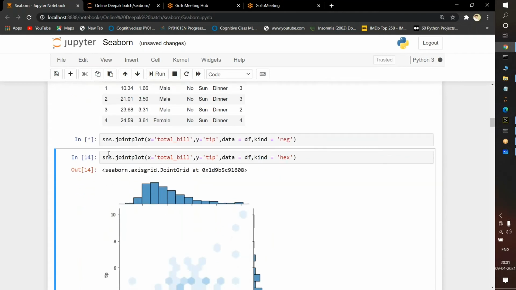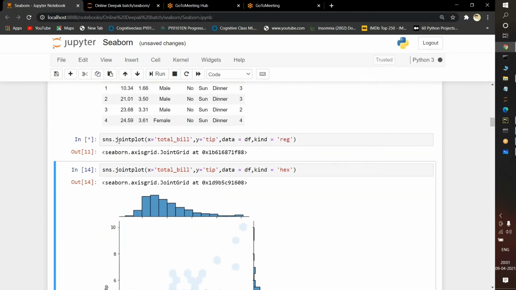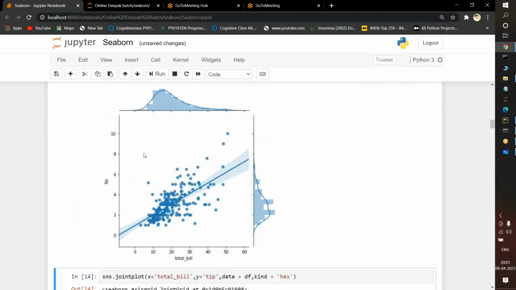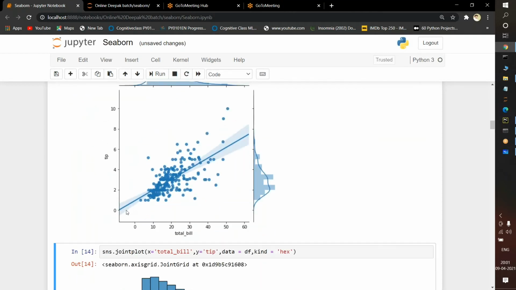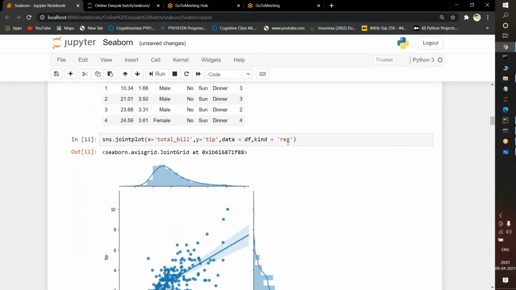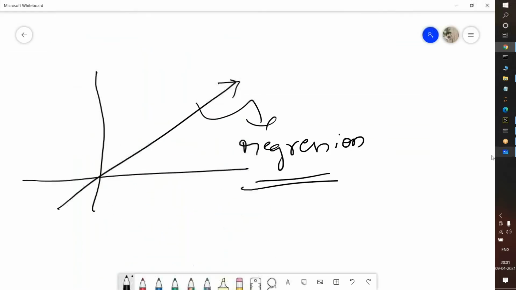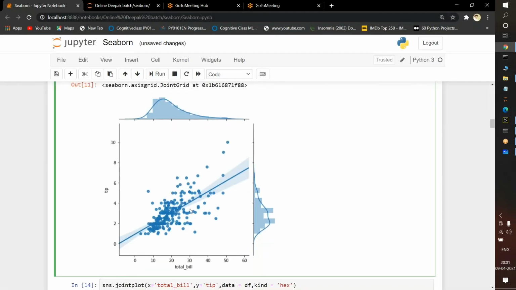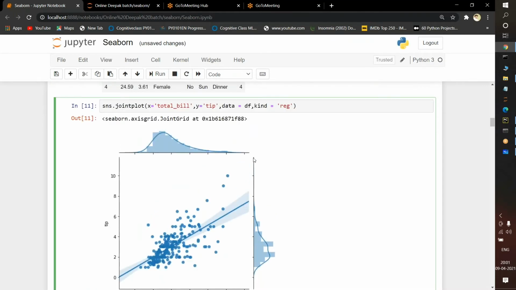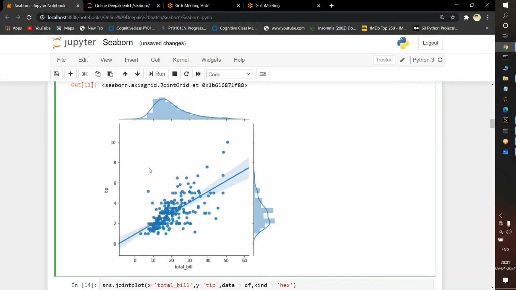it is taking some time here. See, it is plotted. If you observe here, a straight line has been provided because it is using reg. Reg is nothing but a regression problem statement, which will be in the format of a straight line. For total bill and tip, the plotting is in the format of dots, circles. Behind it, it is also showing me a histogram, instead of plotting the data only as a scatter plot.